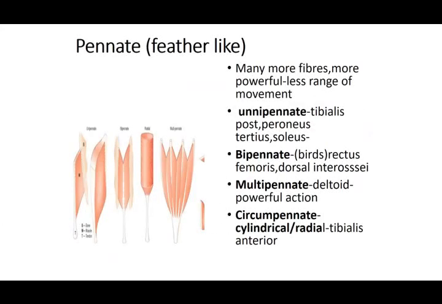Then you have these pinnate muscles or circumpinnate. These are three in nature. One is unipinnate, that is the muscle fiber arises from one tendon. Then it is from both the sides, that is the bipinnate, if you can see in this second picture. And then it is multipinnate, that is one tendon in the center, and the muscle is going to arise from all sides. These are the multipinnate muscles, or you can also call them certain muscles which go radially round, the circumpinnate or the cylindrical muscles.